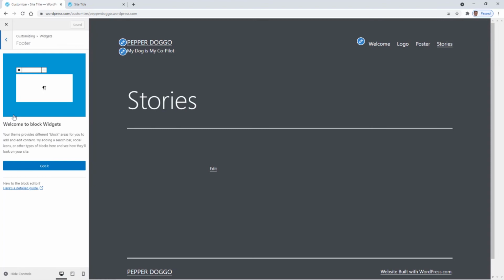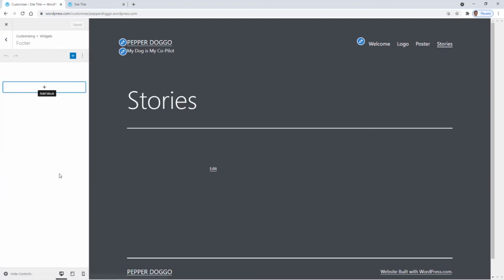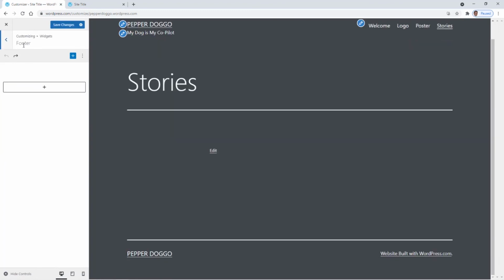An example of a widget is a search menu, or a search field, or a calendar with dates on it, or a little quote or a sidebar. This is sort of an introduction to the new way they do it. And you can see that the place that's available to us is to put a widget